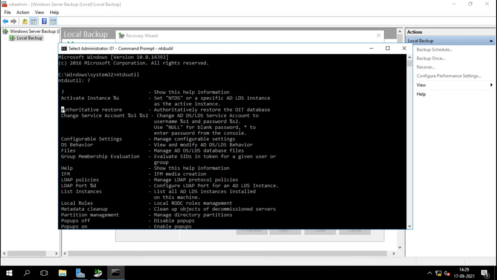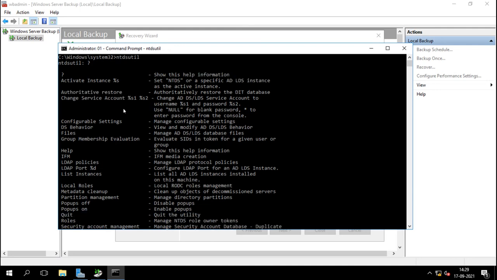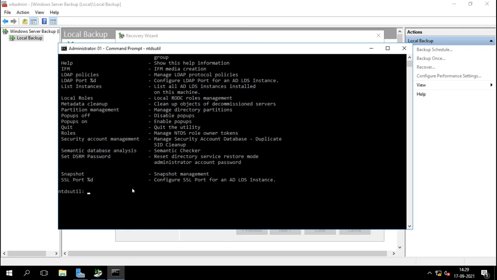So we will do the authoritative restore here. Now before that, it says first you have to select the Active Directory instance. So activate the instance of NTDS first, and then you go for authoritative restore.